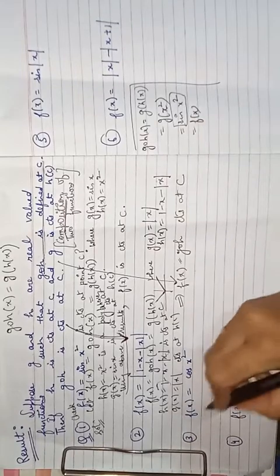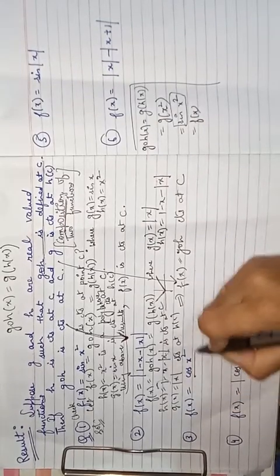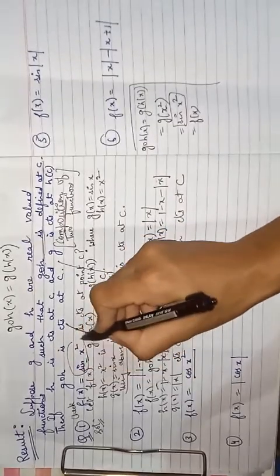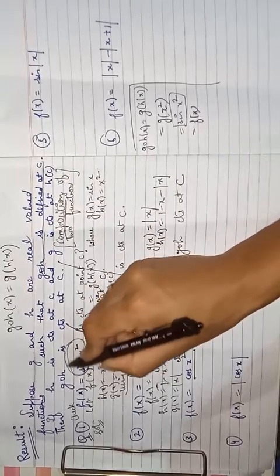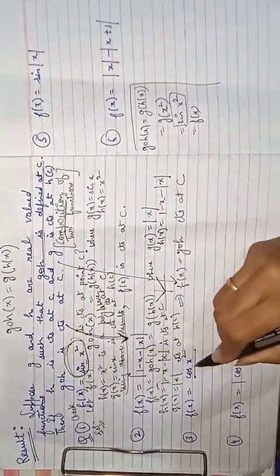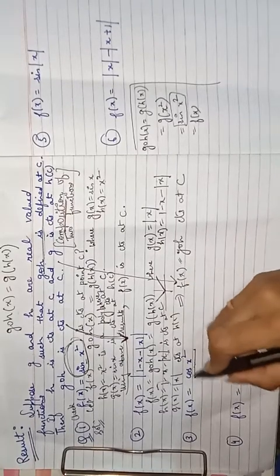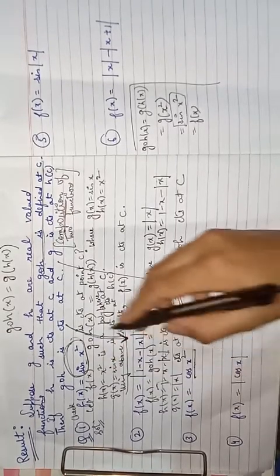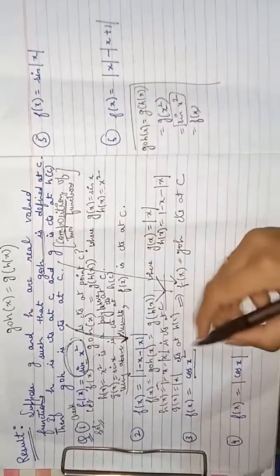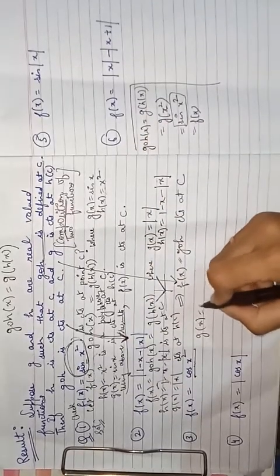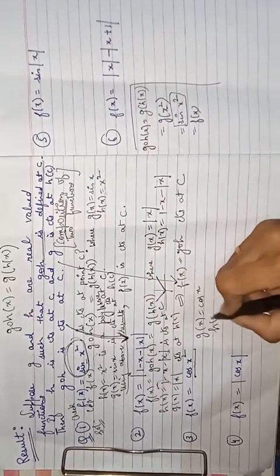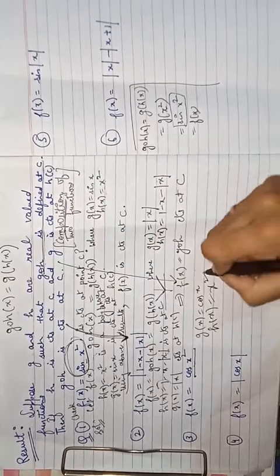Now in the next question, this question is same as example number 19 or this question number 1. This is the question from the exercise. I think it is question number 30 or 31 something. Now in this case you can also use this method, which is same. What is g of x? It will be cos x, and what is h of x? It will be x square, right?